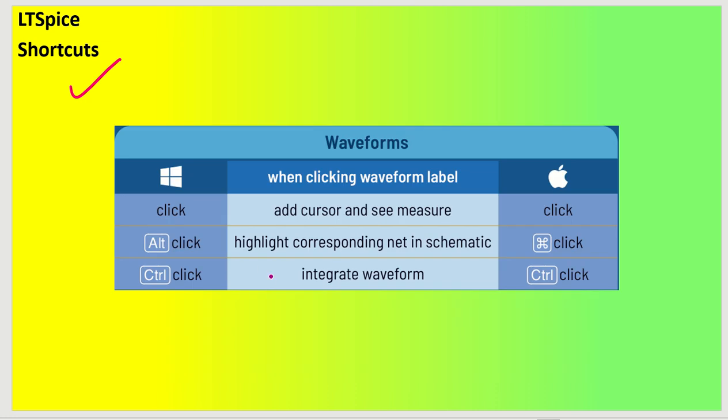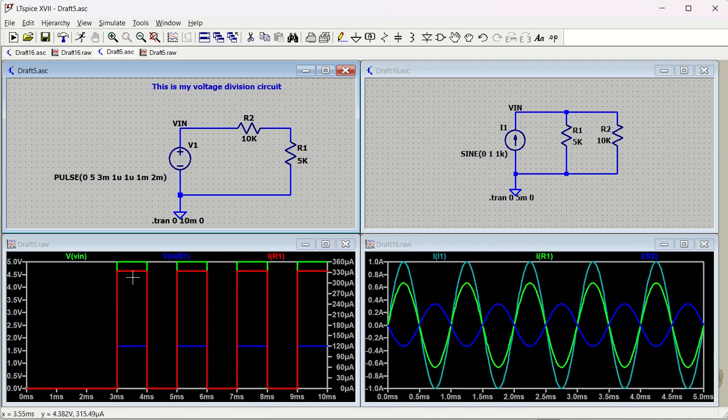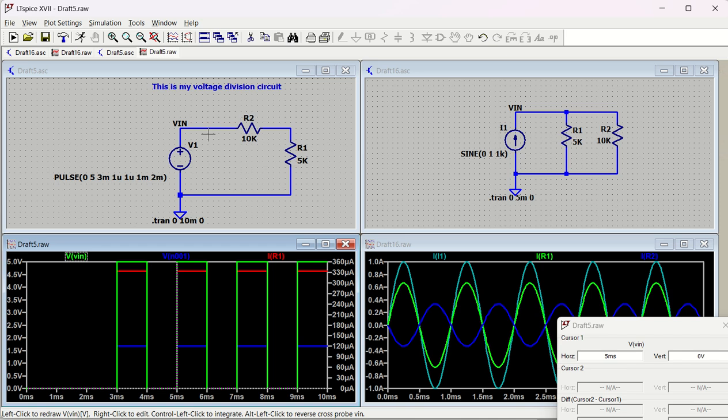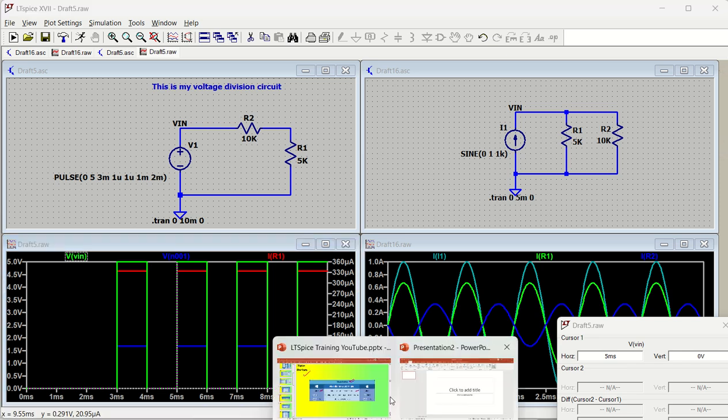Some other parameters like waveforms. So with waveforms, what you can do is you can click, then it will add a cursor or measure. Okay. And alt click, it will highlight the corresponding net on the schematic. Let's say you want to see, this is my voltage value in the waveform, and I don't know which particular net this is sourcing, right? Let us say this particular green one, I don't know which one it is showing. So what will happen? Basically, you can see that if you highlight this, then basically what is telling you this one,